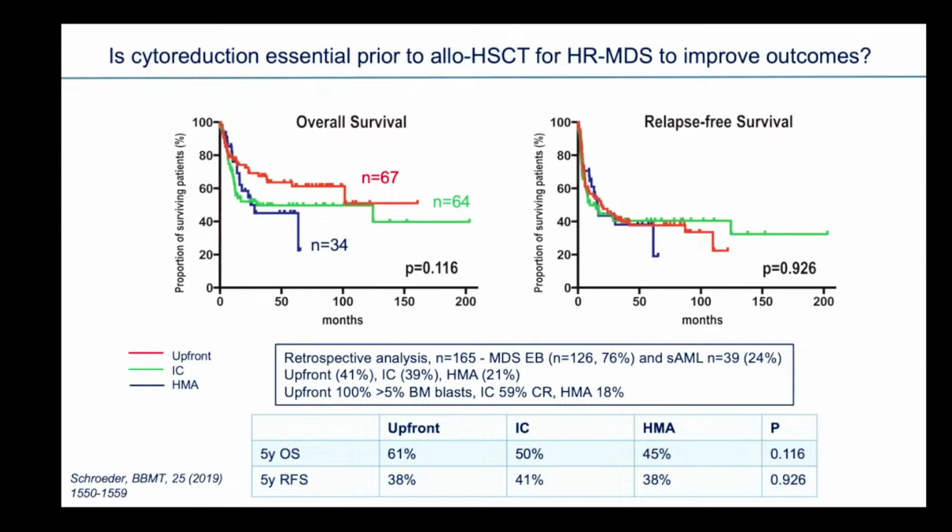And these are some data which were published back in 2019, and this was a retrospective analysis of 165 patients with MDS EB or secondary AML, and looked at their outcomes according to their treatment pre-transplant. So around 40% had had upfront transplant, a similar proportion intensive chemotherapy, and then about 20% had HMA-based treatment prior to transplant. And in terms of the blast percentage,